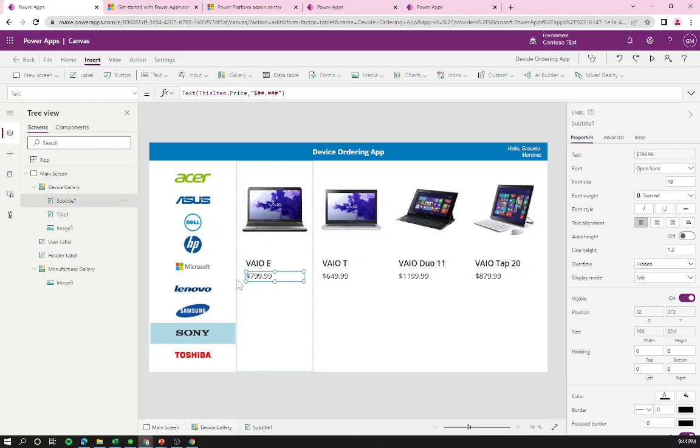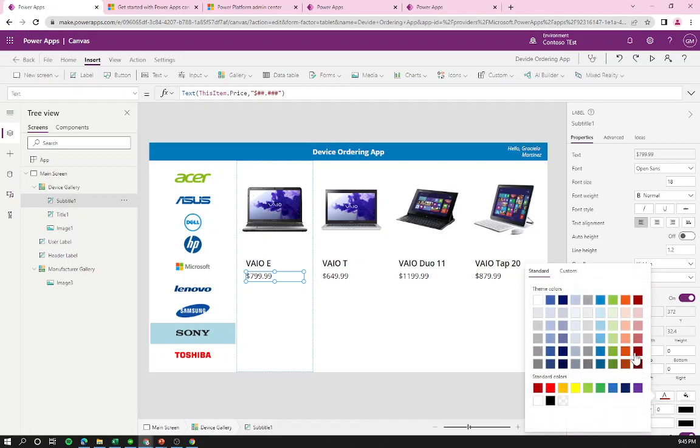this number. We want to show different colors depending on the price. That's pretty important because the users will be able to quickly identify what are the cheaper devices and what are the ones that are a little bit more expensive. So the rule that we want to apply is, if the device's cost is more than $1,000, then we want to show the price in red. If the device is less, then we're going to show it in gray. As you remember, we have here in the right the color property. I can change it here to a reddish color,